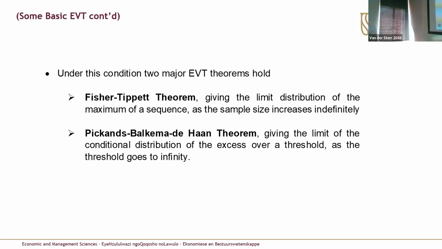The first one is Fisher-Tippett, which gives you the limit, essentially, of the maximum of a sample. And it says that the limit can only be a particular distribution, the generalized extreme value distribution. So it's a nice, clean theorem, which is almost like the central limit theorem that says if I have an average, then the only limit, under certain conditions, can be the normal. Okay, here we have the analog of that. The only limit of a maximum under certain conditions can be the G, generalized extreme value.